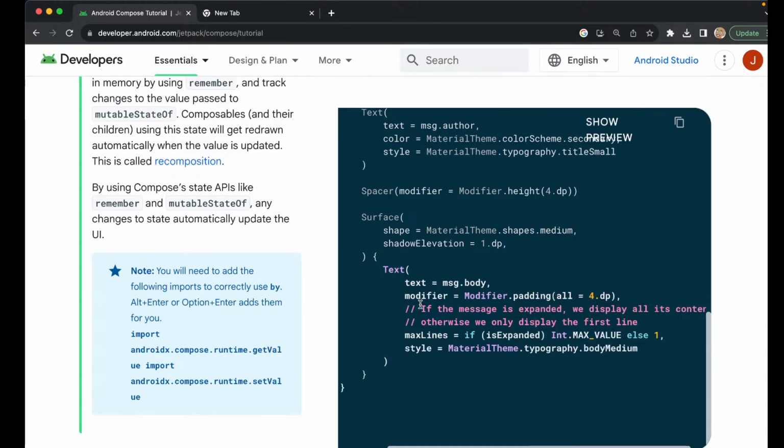This is also to basically show all of the message if expanded, and if not, do not show all of the message, but show the first line. So, in our Android Studio,